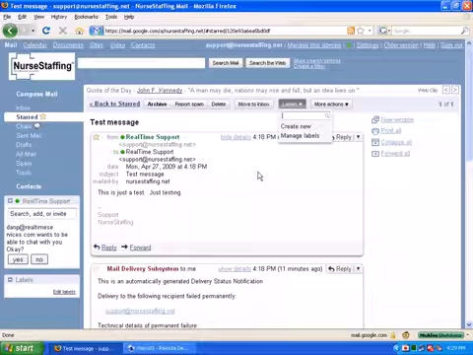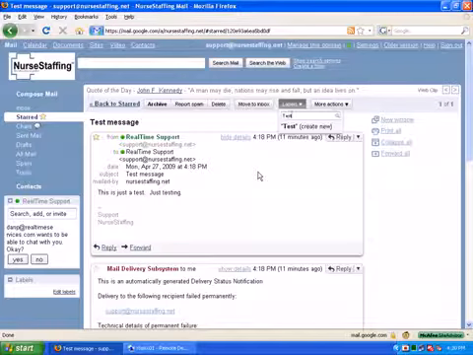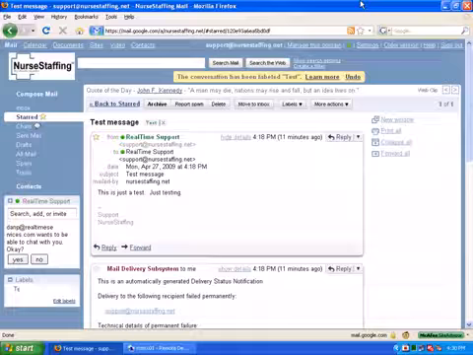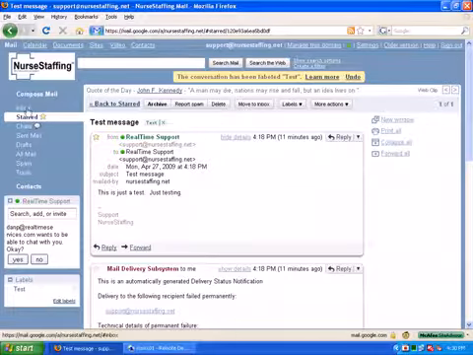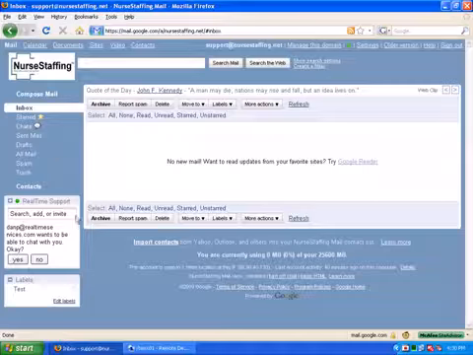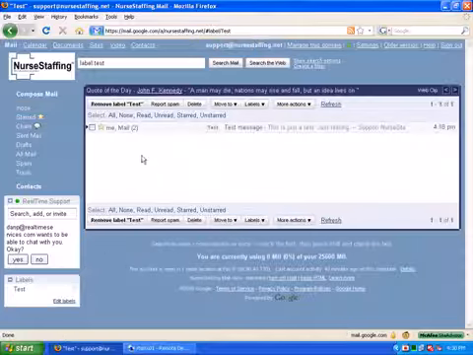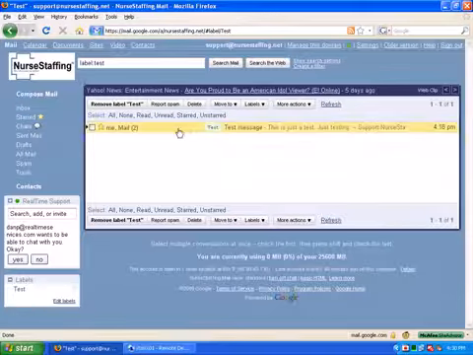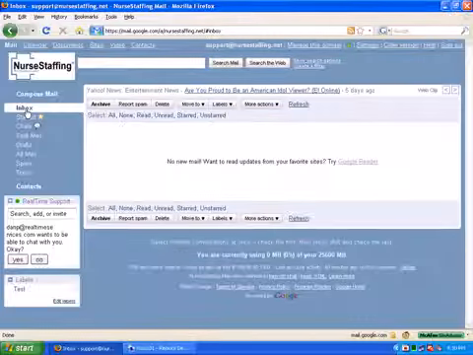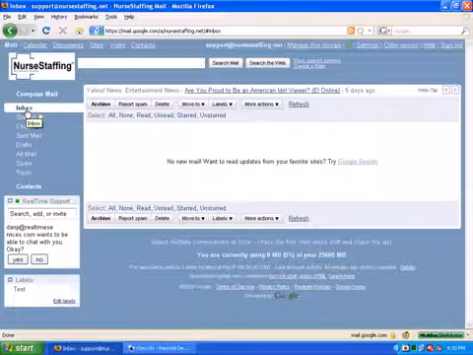I can type in a label, and I can type in a label of test. And I hit enter. And that message is labeled as test. Now if you notice here, back in my inbox it doesn't show up, but down here it shows the label. And if I click on test, it brings up that message. Now one of the other things you'll notice about Google is it does a great job